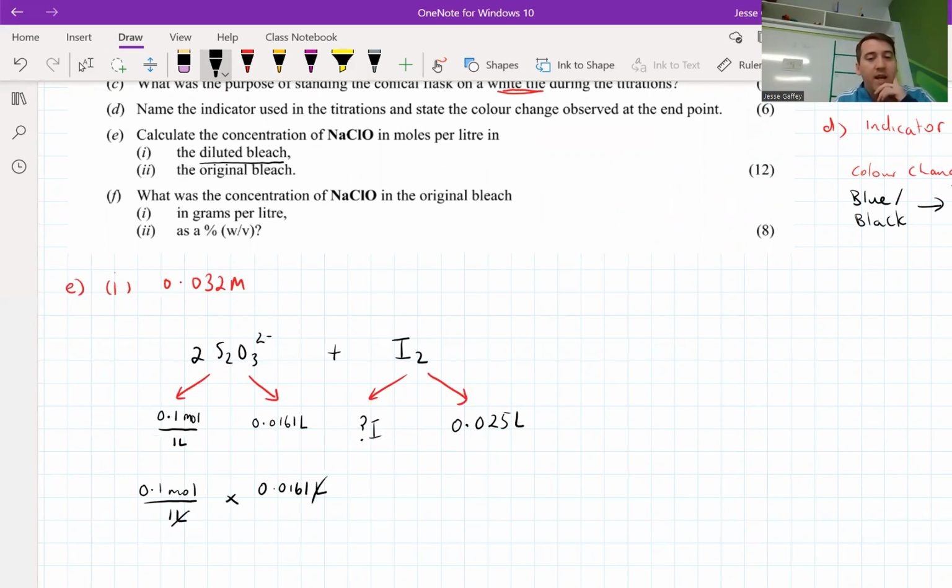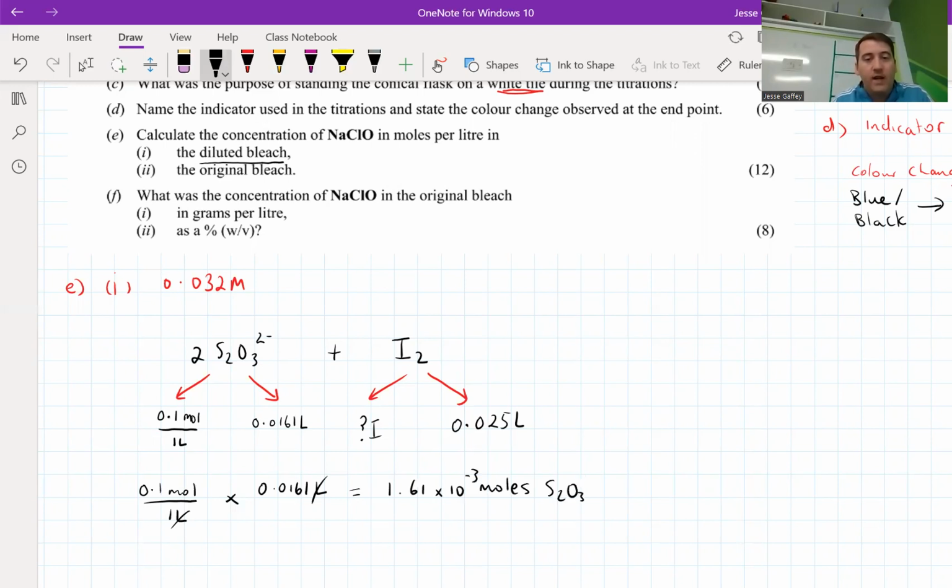So when we do that calculation, that will give us the moles of thiosulfate. Okay, so get your calculator now, and you're doing this for me. 0.1 over 1, so 0.1, times 0.0161. So that gives me moles equal to 1.61 times 10 to the minus 3. And that's moles of thiosulfate,